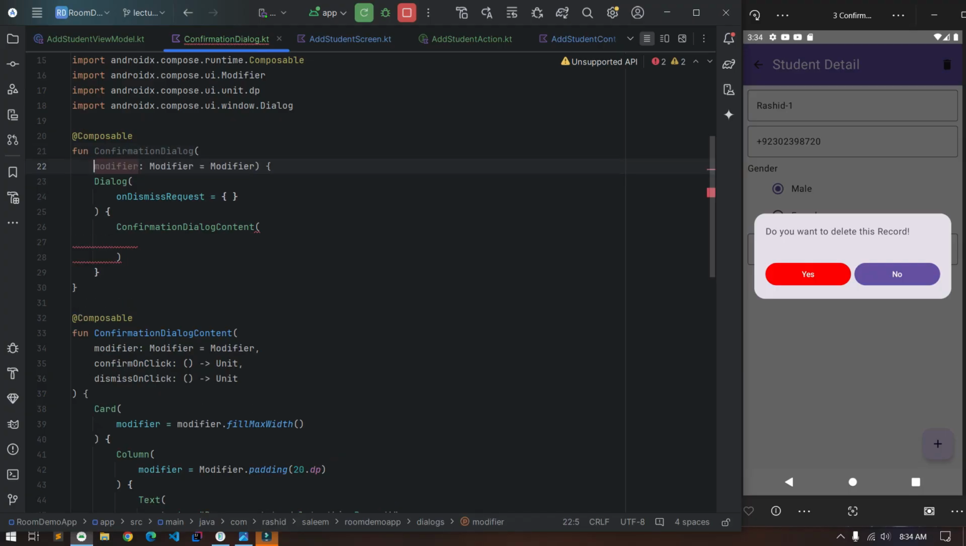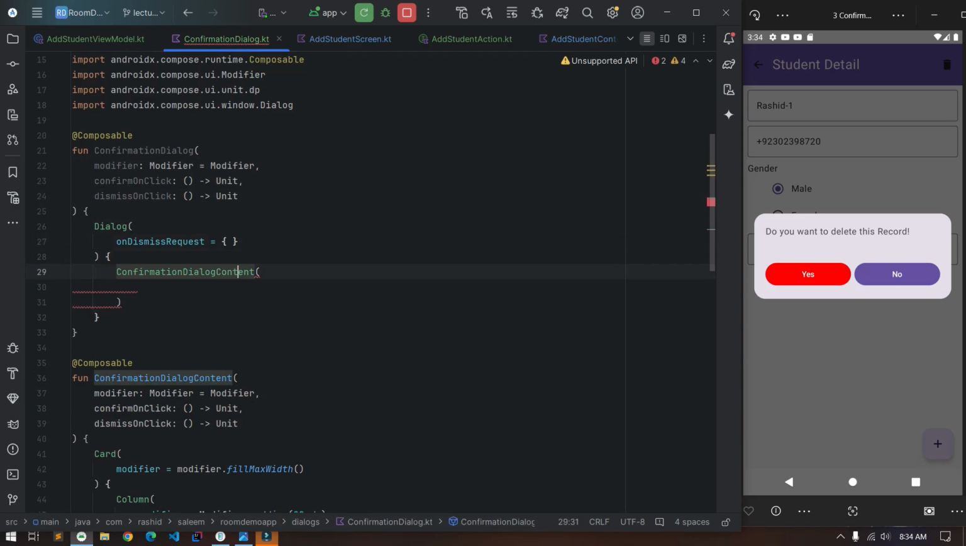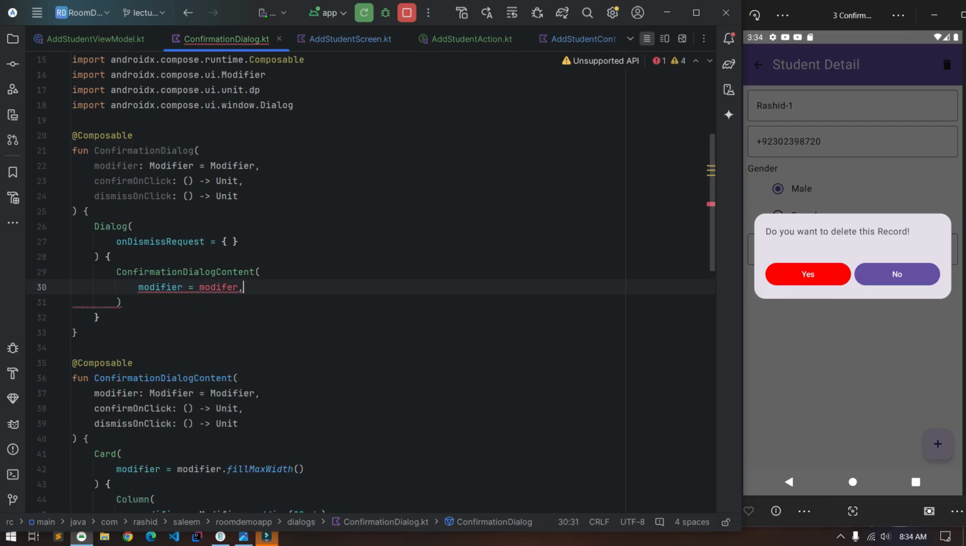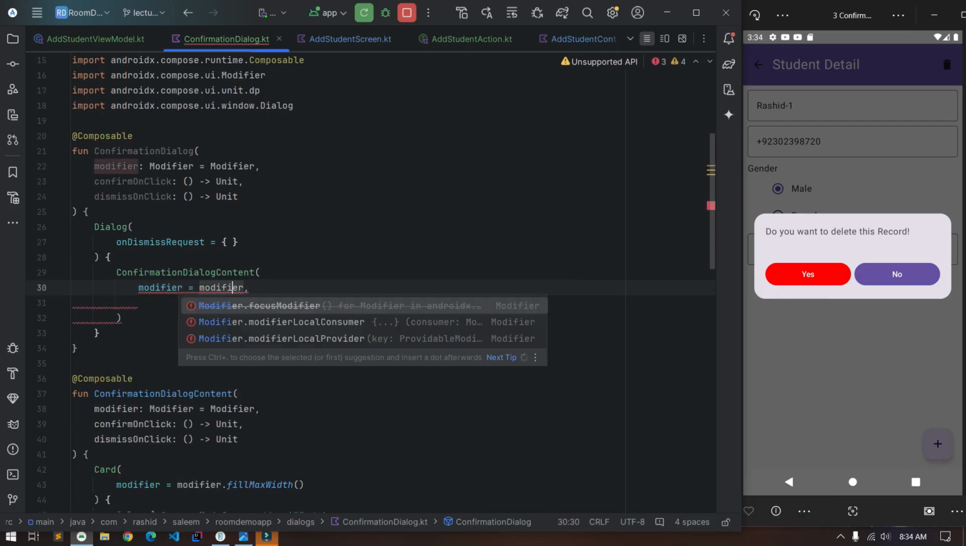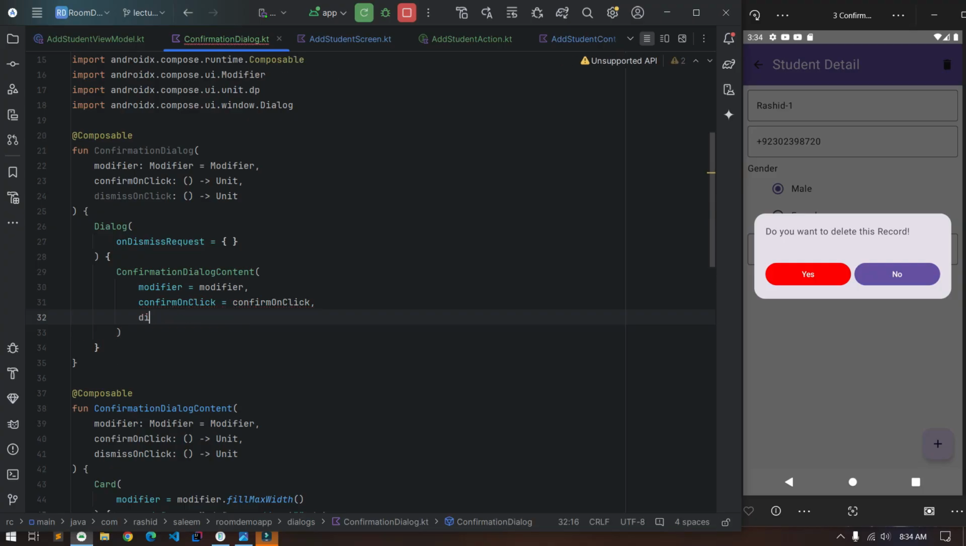So let's define the parameters in the confirmation dialog arguments. So we will copy these arguments from here, paste them in here, and we will pass those things as they are in our content composable: modifier, confirm on click, dismiss on click,